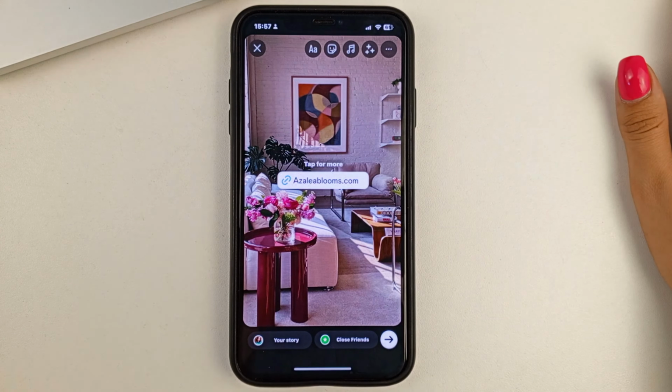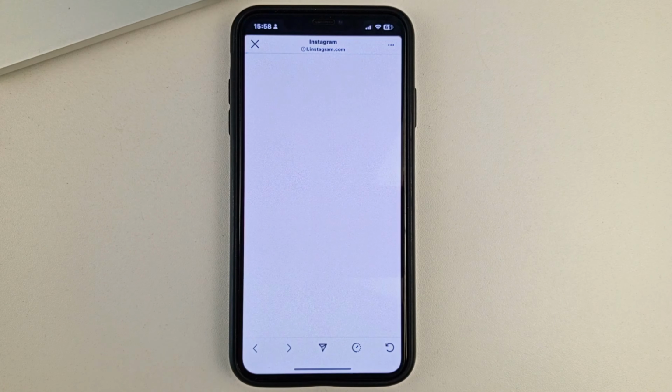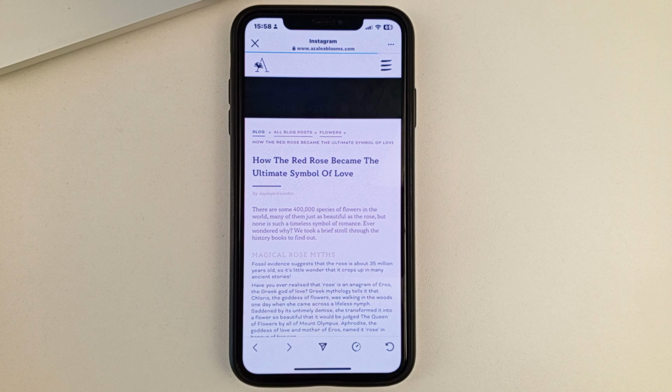After that, in order to publish the story, just click your story. Wait just a few seconds for it to publish. And now when you open the story, or one of your followers will be looking at your story, you'll have a link here, and when you click on it, a little window like this will pop up. And to go to the site, you have to open the site, click. And as you can see in this way, friends, you go to the site that you added in the link.